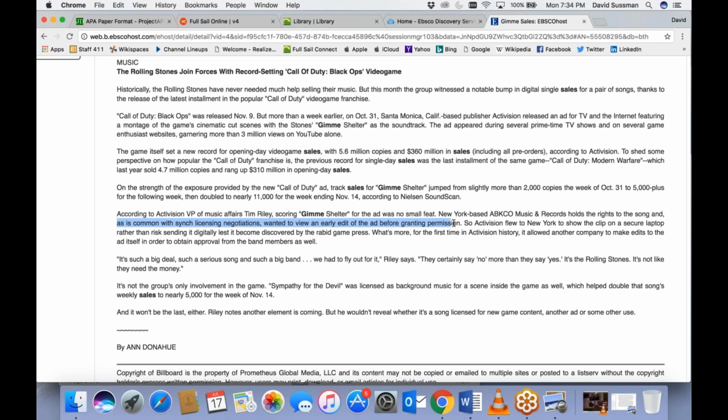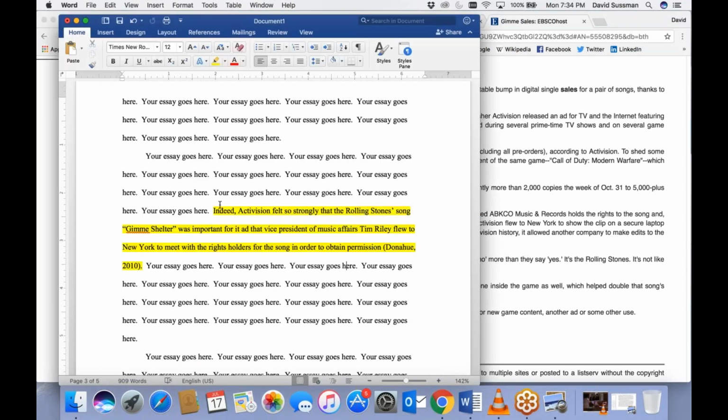Actually, let me take this portion here, okay? So I'm going to go ahead and copy that. I'm going to go back to my original. I'm going to show how to handle a direct quote. Let's see. Indeed, Activision felt so strong that the Rolling Stones song Give Me Shelter was important for its ad that Vice President of Music Affairs Tim Riley flew to New York